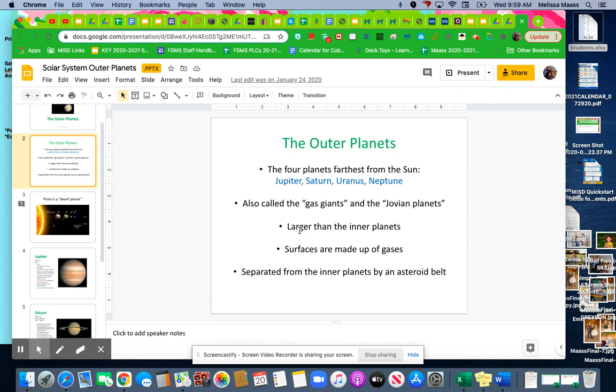That means if we were able to travel there, which we are not, you would go there and fall through the planet. It is composed of gases, alrighty? They're going to be way larger than the inner planets, and they're separated from the inner planets by the asteroid